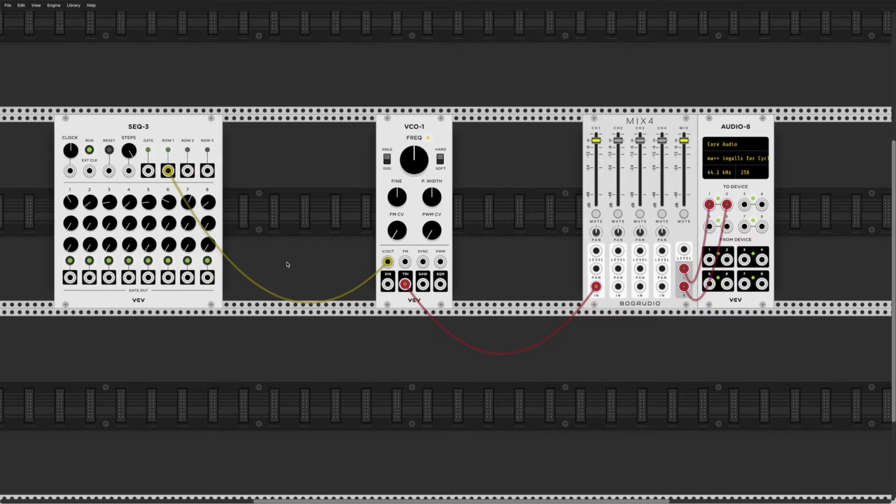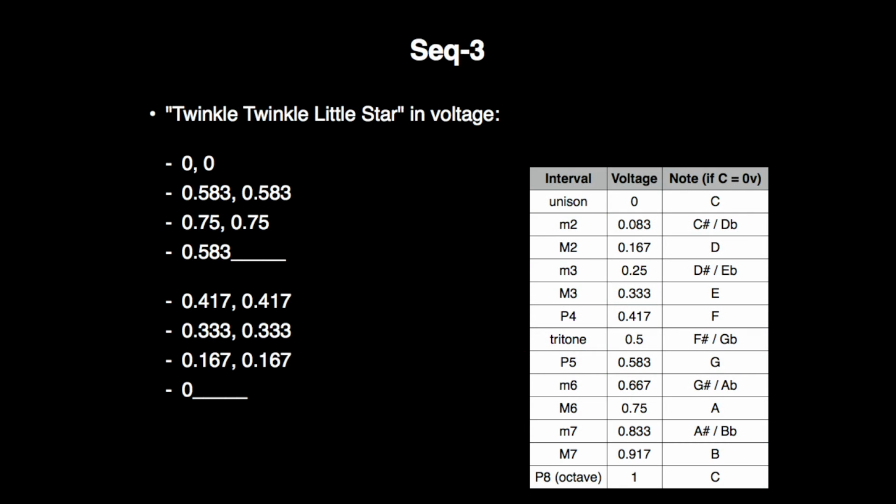But let's say we wanted to play a particular melody. Well, for that, we're going to have to know our voltage for our individual pitches, and let's take a look at how to do that. So let's say that we want to program a particular melody into our sequencer. Well, in this case, we would need to know our volts per octave voltages. So if I wanted to program, for instance, Twinkle Twinkle Little Star, we can look at our chart here, if we're in the key of C,